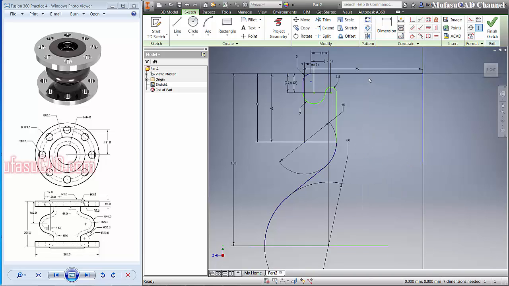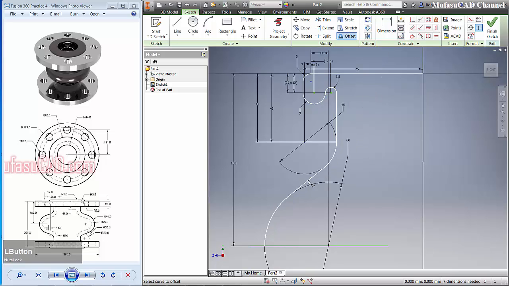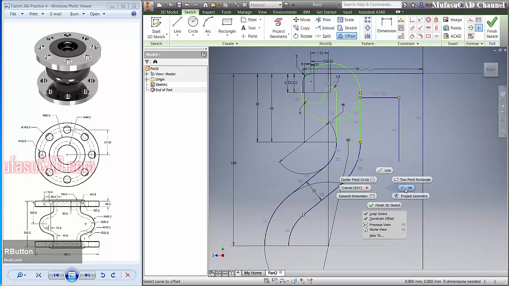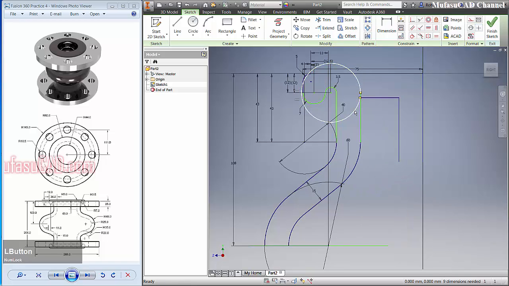Now I will offset this to this cat. You can click offset here and select this object. Okay, we offset inward here about 15. Okay, and then right click and OK, select this circle, delete, and then I will select this line object, delete, this line object and delete, select this line, click at this point and move to this point.